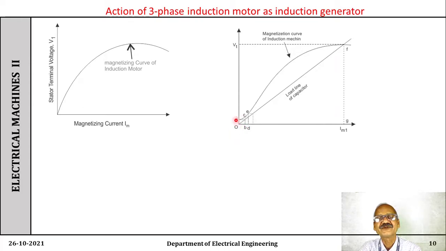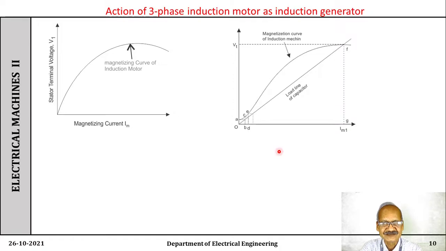How to obtain it? From the point A, draw the projection on the straight line and take the projection on the x-axis. So OB represents the capacitor current, and due to this magnetizing current, the EMF generated is BC. This generated EMF BC is increased as compared to OA, and this increased EMF circulates more current, capacitor current, that is the magnetization current, and in this way the EMF gets built cumulatively in the armature of the induction generator,